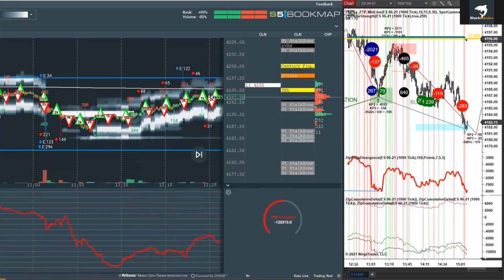If you only saw that in the time and sales window in NinjaTrader, it would be broken up into all the individual fills, and you wouldn't be able to see 2021. Over here on the left in Bookmap, you can actually see that trade going off, and he has basically